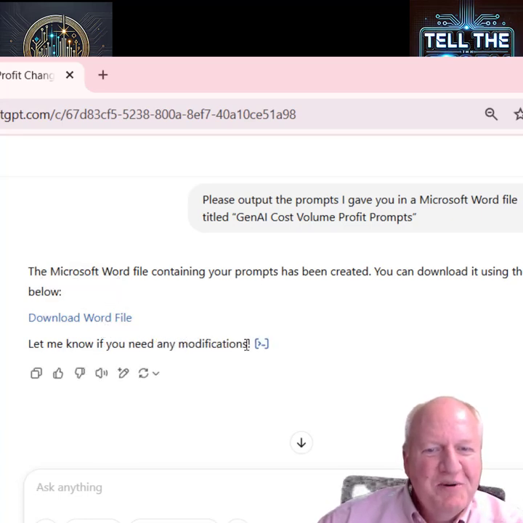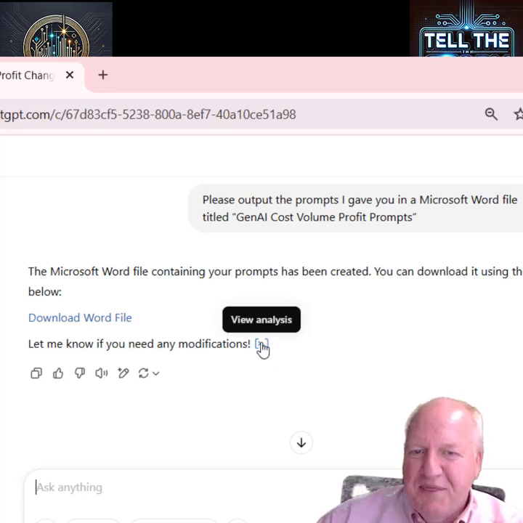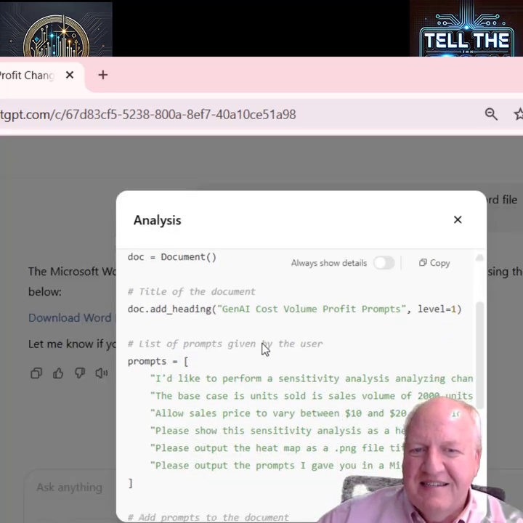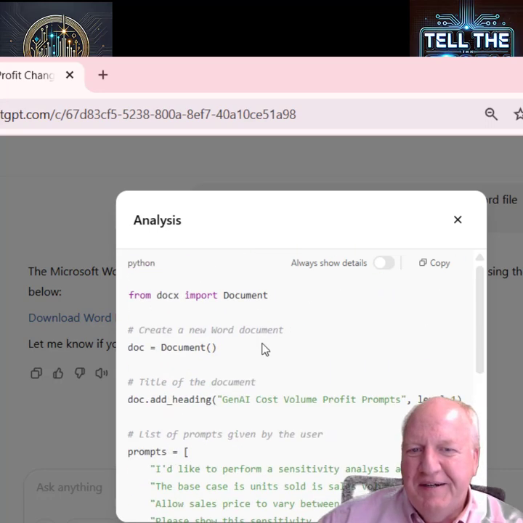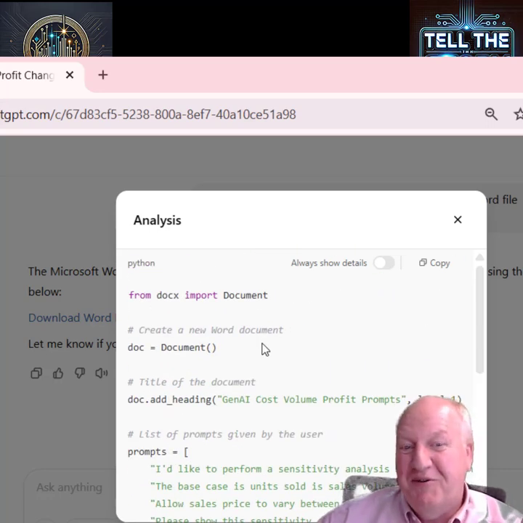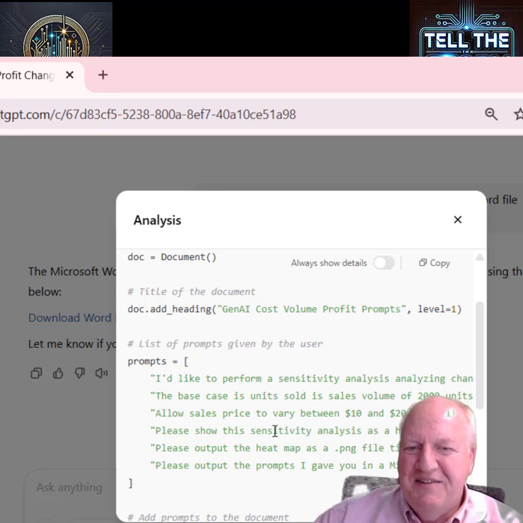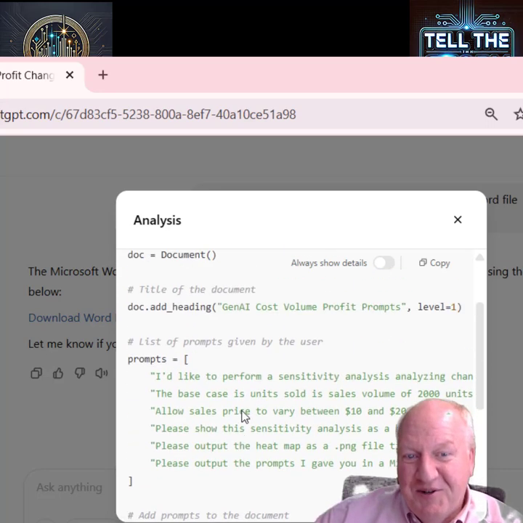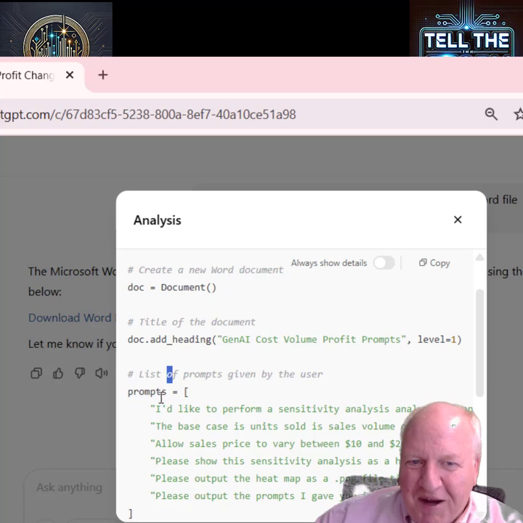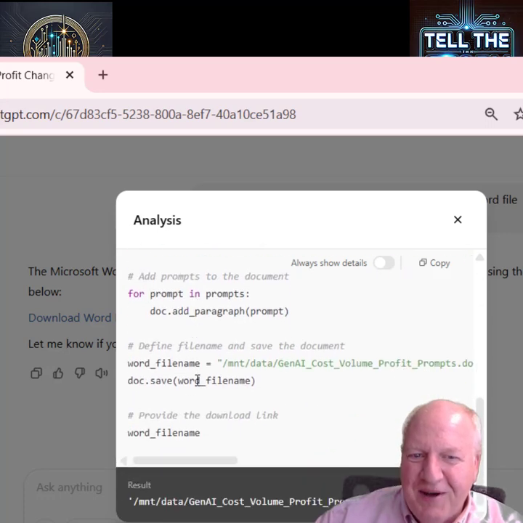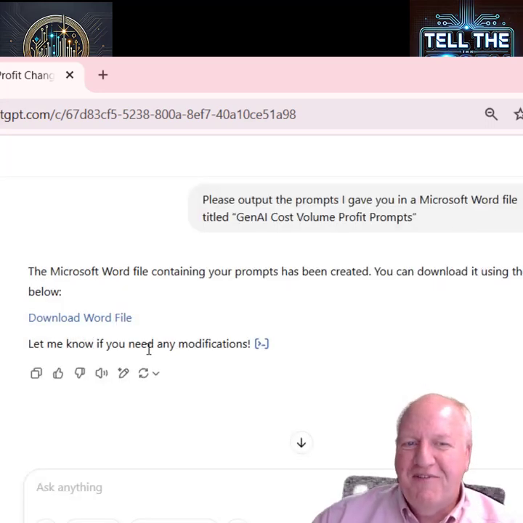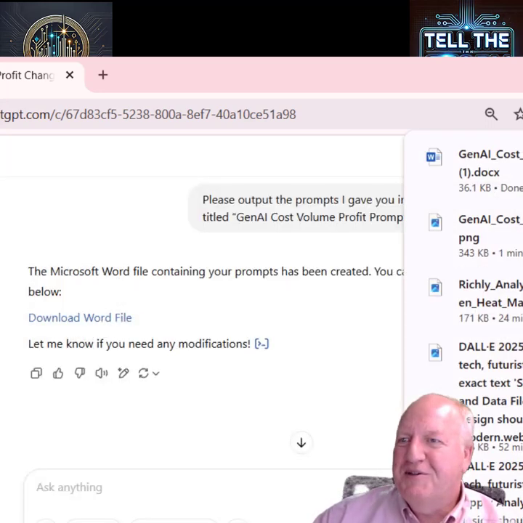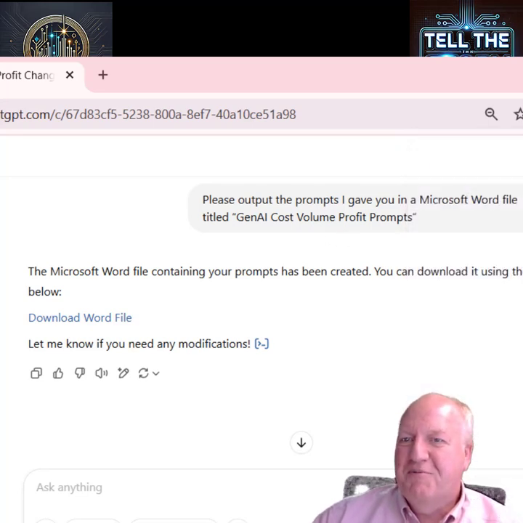Maybe the last thing I'd show is that for anything we ask it to do, there's this little symbol here, and that is the Python code. So it's not completely what we call a black box, where we don't know what happened. This still tells specifically what it's done, and you can see the prompts in here that I provided. Now it's just going to say, okay, now I'm going to output it. Here's the file name. And so I'm able to download this file and go and grab it, and then I have completed the lab.